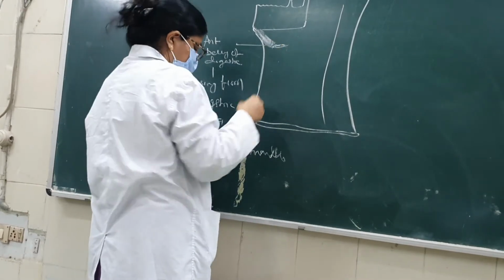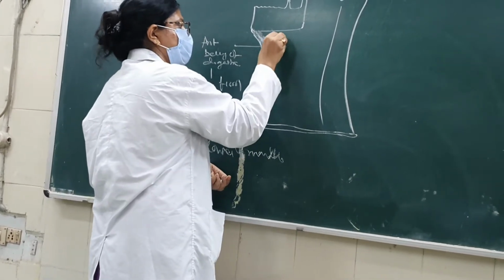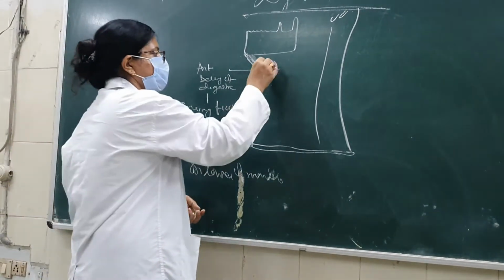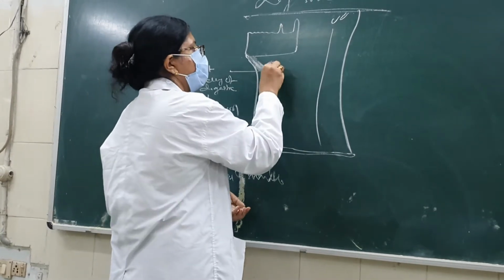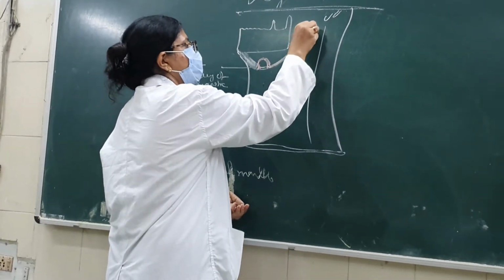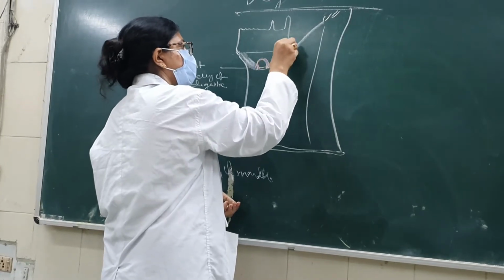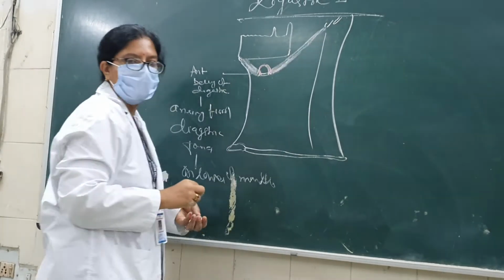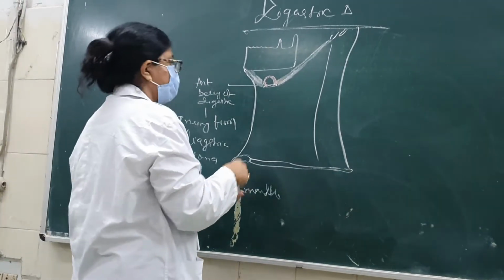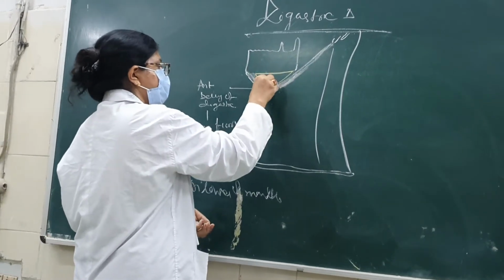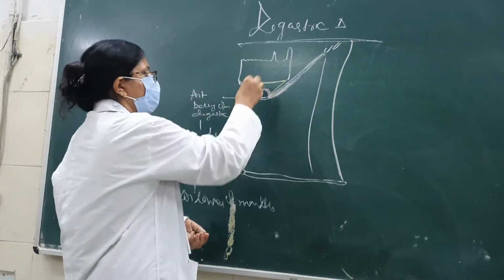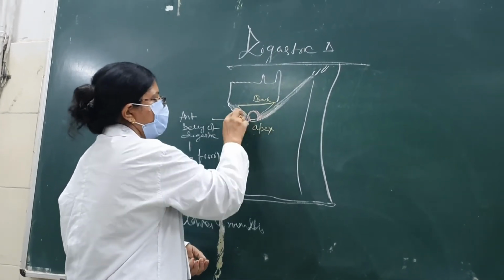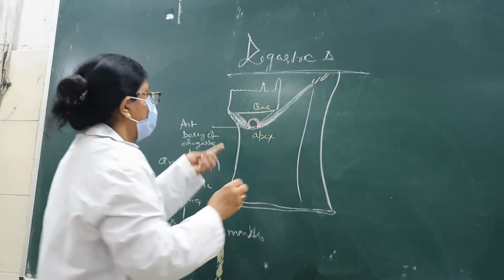Then this is the intermediate tendon, an inverted U-shaped intermediate tendon, which is formed by the condensation of the deep fascia. This is the posterior belly of digastric. So this is the triangle. You can mark it with this. Here, this is the base, this is the apex, and these are the two sides. So what will be the base?